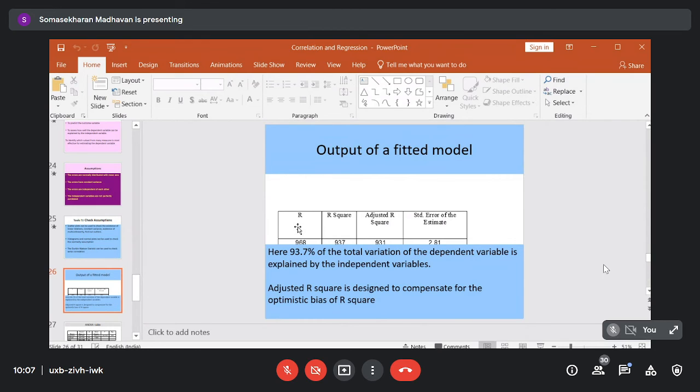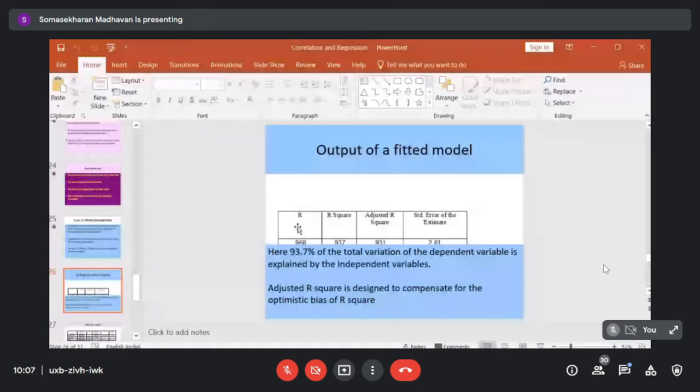So here I will output a prediction model. We are output as 4968. And it is not easy to physically interpret the value of R. But we take another term which can be easily explained. That is called R square, which is also called coefficient of determination. How do you interpret it?